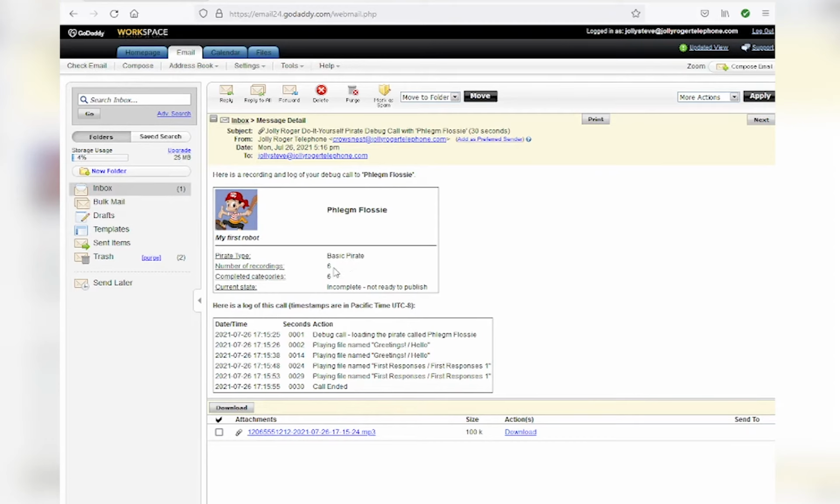Here's a little description that I wrote about it. It's a basic pirate. I've got 6 recordings in 6 categories, and currently it's incomplete. I haven't published it yet. And what I can see from here, which is helpful to me, is if I'm wondering which recordings actually got played,